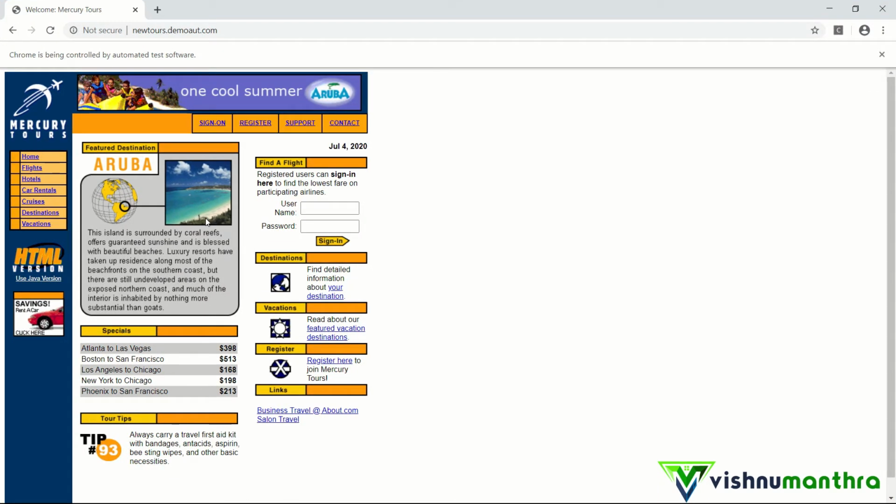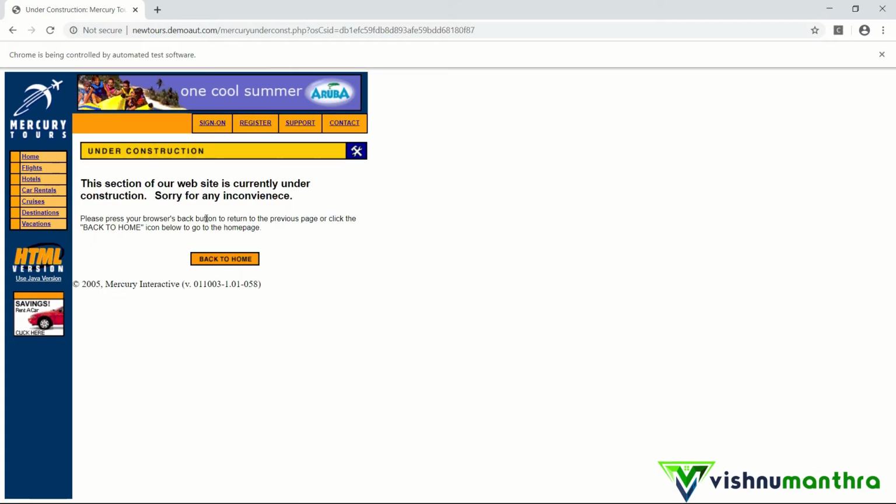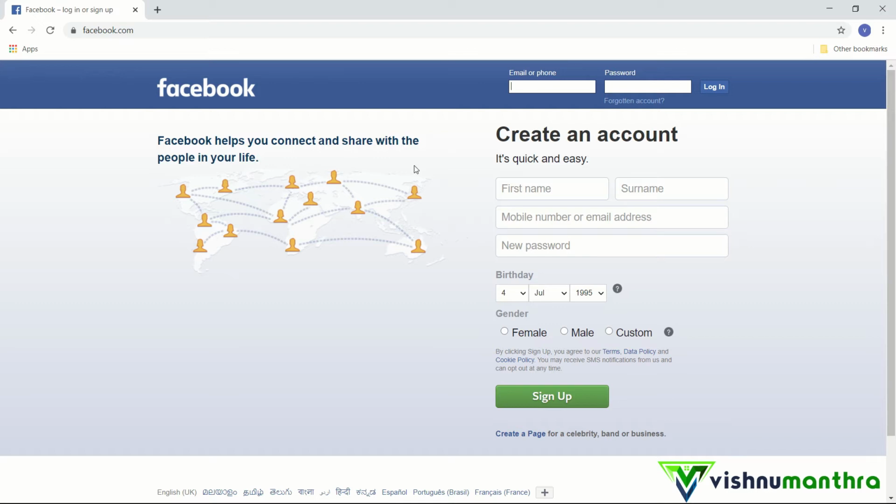Now the browser popped up and it launched the website. Okay, again clicked on the support after waiting for some time. Friends, now we can see different ways by which we can construct XPath. I'm not going to cover all different types of XPath, but only those which are relevant and useful in our daily automation. I'm only going to cover that now.